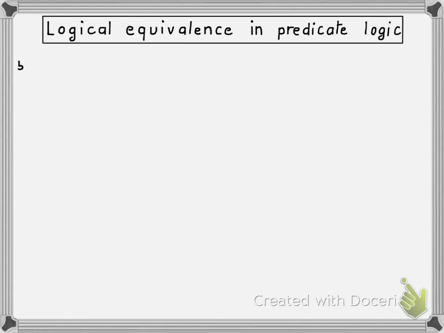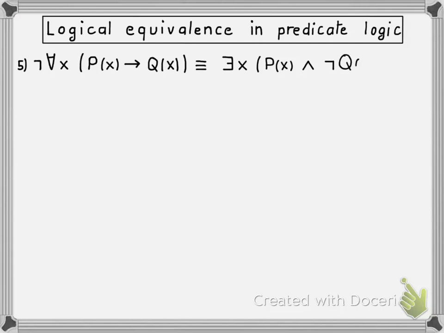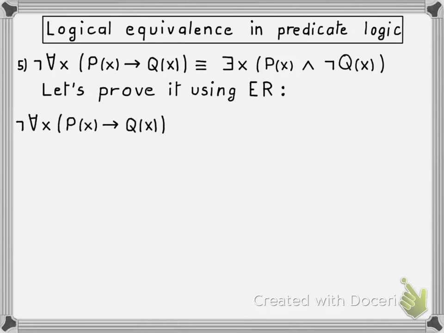Now let's consider a fifth example of a logical equivalence. And this one we're actually going to prove formally, so you have one example of that process. So how do we prove that two propositions are logically equivalent? We can proceed as we did with propositional logic, namely using equational reasoning. Remember, in that process we start with one of the propositions, let's say the one on the left, and we successively rewrite it using known equivalences until we end up with the second proposition